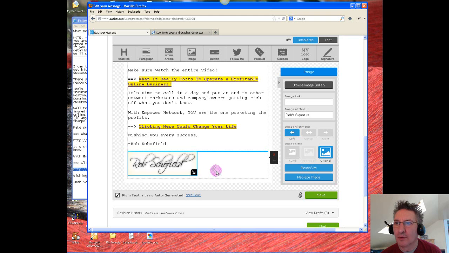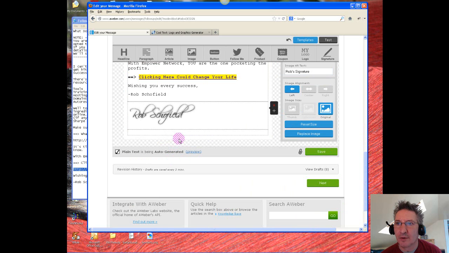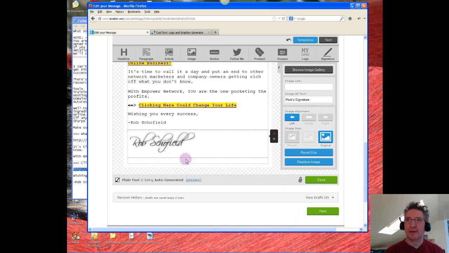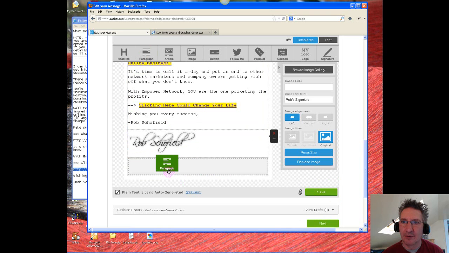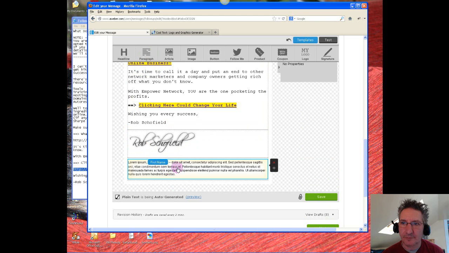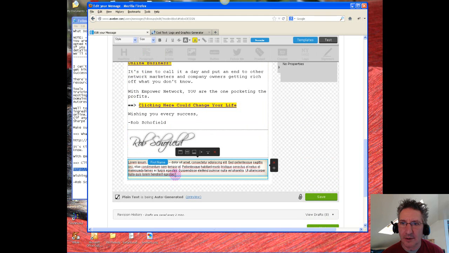Now, one little thing I'm going to do now, I'm just going to left click inside this box, the box that contains our image, and I'm going to get another little block and click on the horizontal split again, and it gives us this bottom block to work with. And what I'm going to do is make it so that this join link appears down below the signature. So we're back to text again. So back to our paragraph button, drag that paragraph down, and then left click in there, highlight all this Latin stuff, and then I'm just going to put PS,